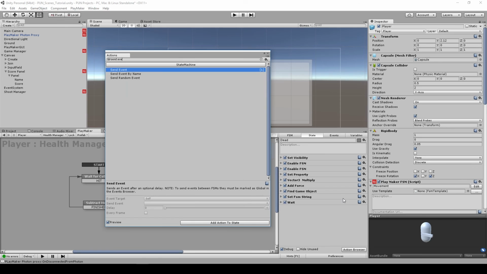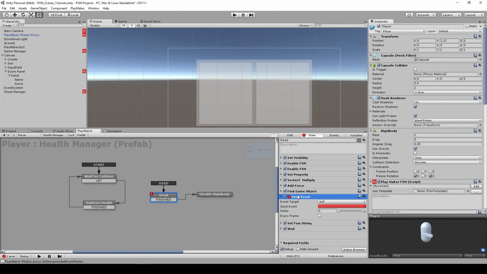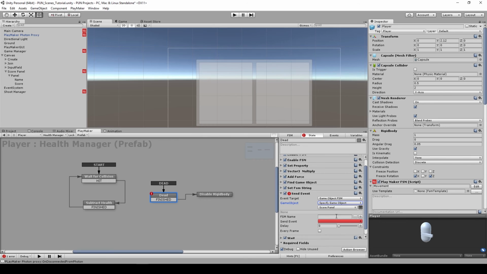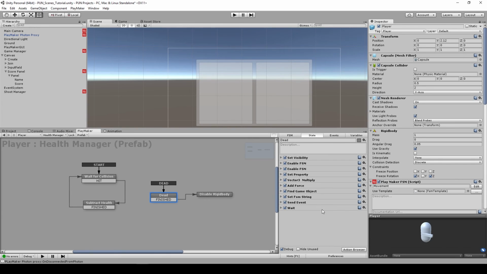and then we are going to send an event. So let's send an event here, and for the event, sorry, we just put this event below the set FSM string, and choose game object FSM, specify game object, use the score panel object, and I think this is score manager, just like this one. Yeah, the same FSM, and we are going to send the global event called add score. Okay,